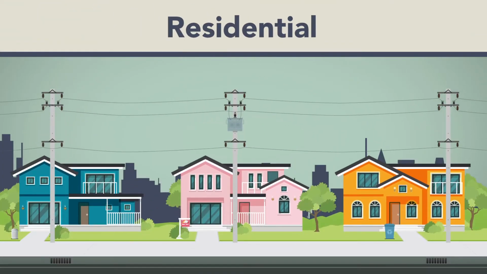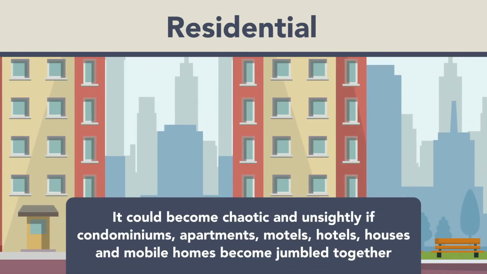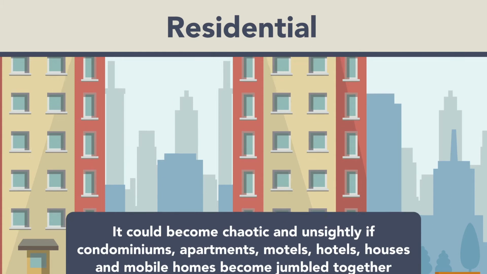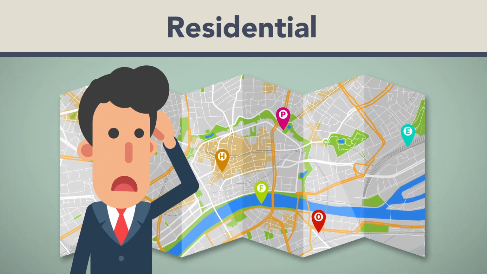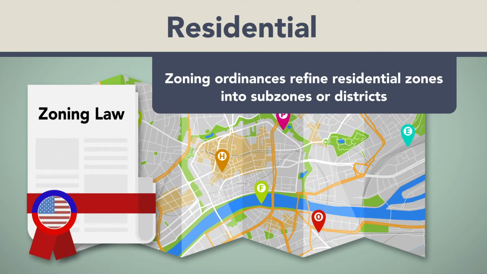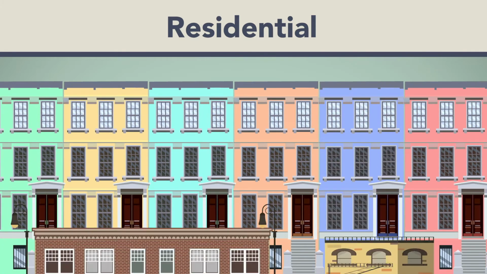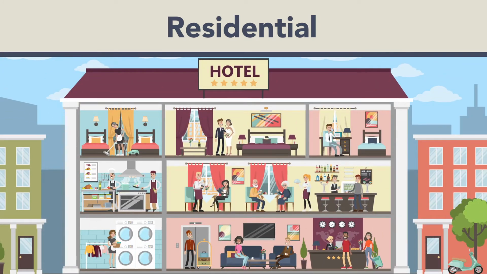Residential zones do more than set aside space for people to live. Given the multiple forms of residential housing, it could become chaotic and unsightly if condominiums, apartments, motels, hotels, houses, and mobile homes become jumbled together without any forethought to aesthetics, population density, or livability. To avoid such confusion and to promote consistency in housing areas, zoning ordinances refine residential zones into subzones or districts with more tightly defined requirements that consider different ways people reside: single-family homes, duplexes, apartments, hotels and motels, assisted care